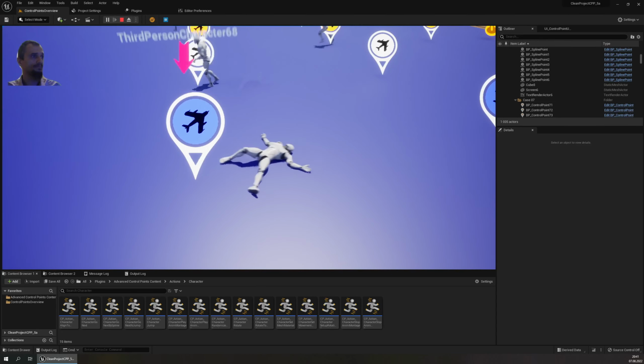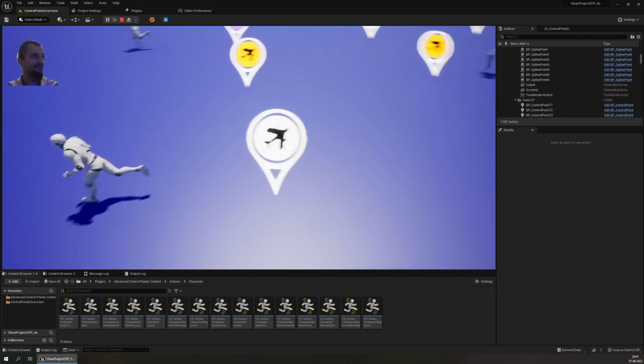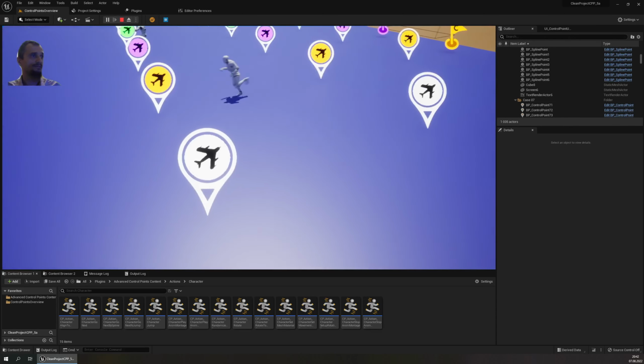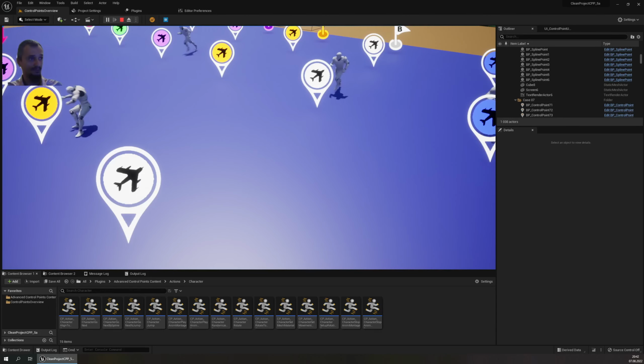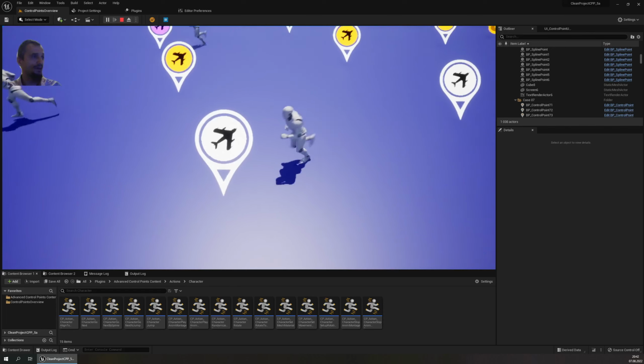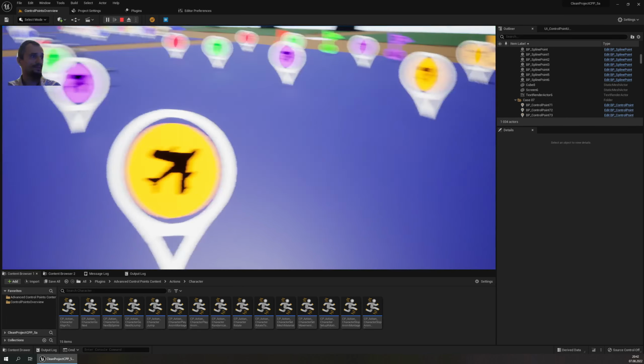In the white case, let's see, the animation sequence is played and the animation blueprint is reset. So everything is working as it should in the animation blueprint. Okay, the yellow path,